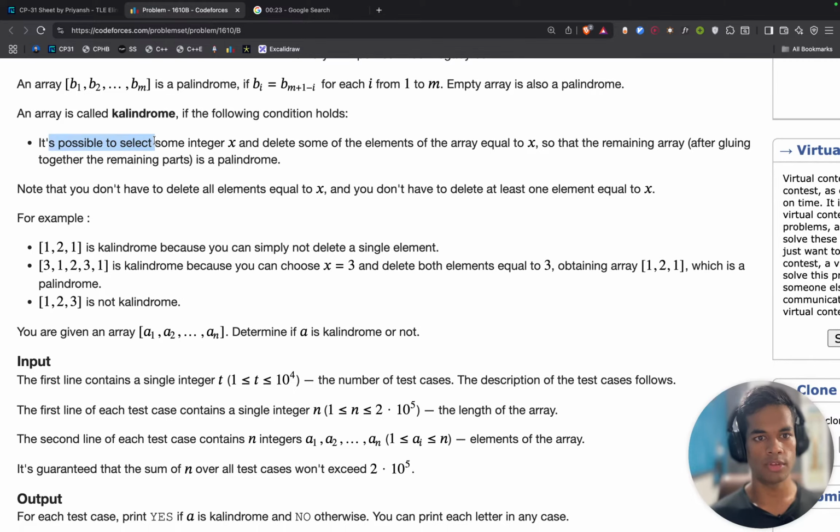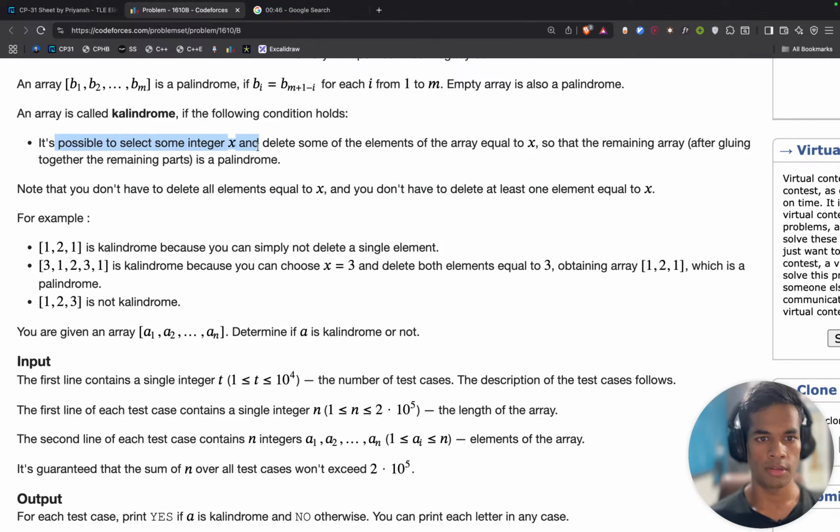It is possible to select some integer x and delete some of the elements of the array equal to x, so that the remaining array, after gluing together the remaining parts, is a palindrome. Note that you don't have to delete all the elements equal to x, and you don't have to delete at least one element equal to x.